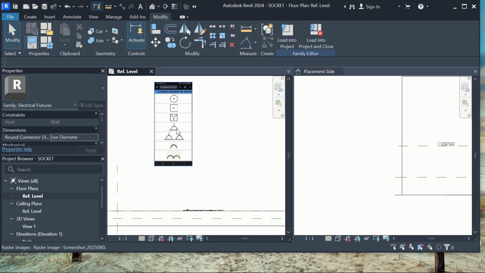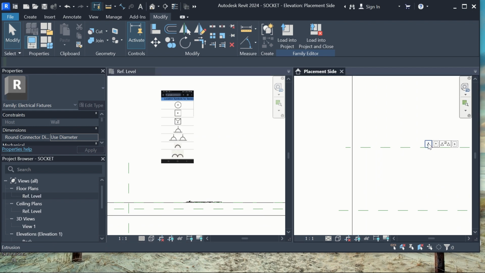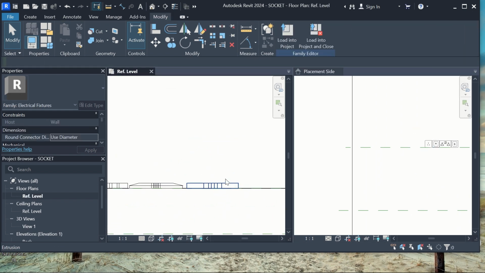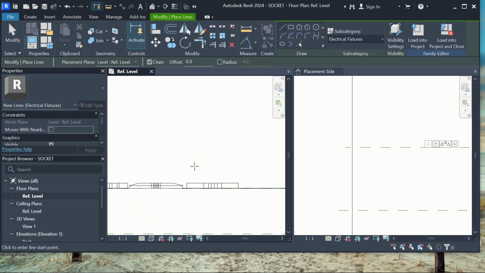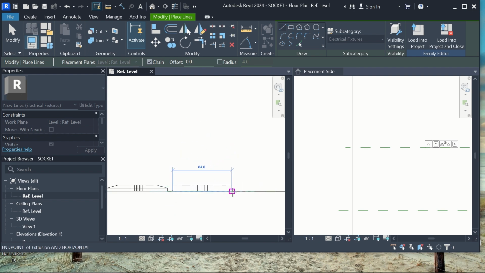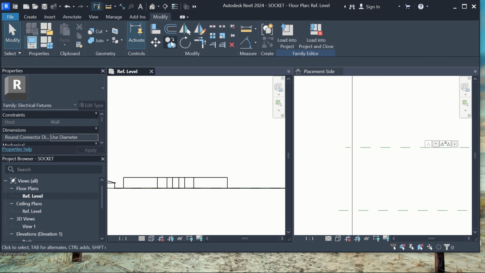So this is the symbol for a single socket. So click on this. Let's confirm where the single socket is. So here it is. We're going to sketch that particular symbol here. So I'm going to go to create, go to model line, and from here, click here. Let's constrain the line, go to align, click,